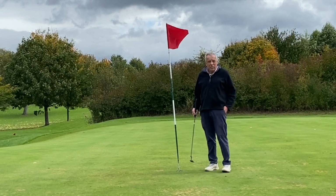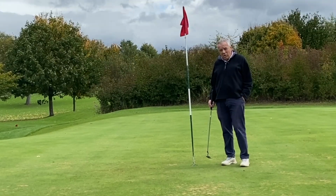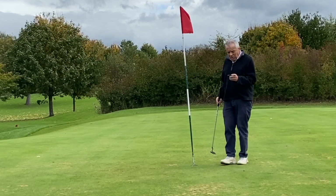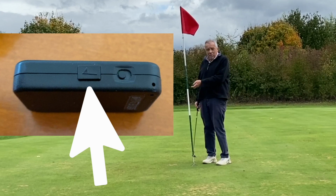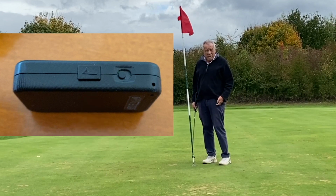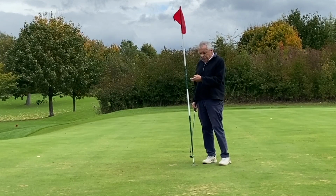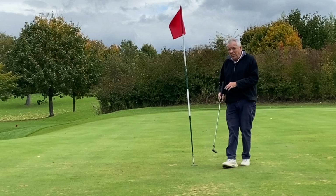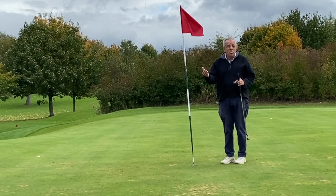really precise and to know exactly how long these putts were and how close you got to the flag, there's a little button here on the side, which I'll show you in a second, and you just hold it near the flag, you take it out of your pocket, or you can leave it in your pocket, and you press this button once, and then Arcos will know exactly the position of the flag and can therefore also know how long your